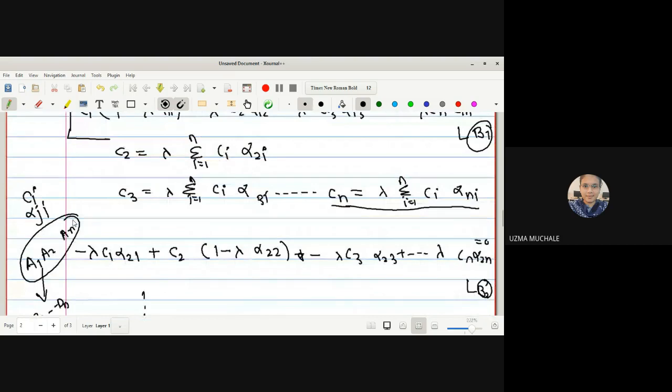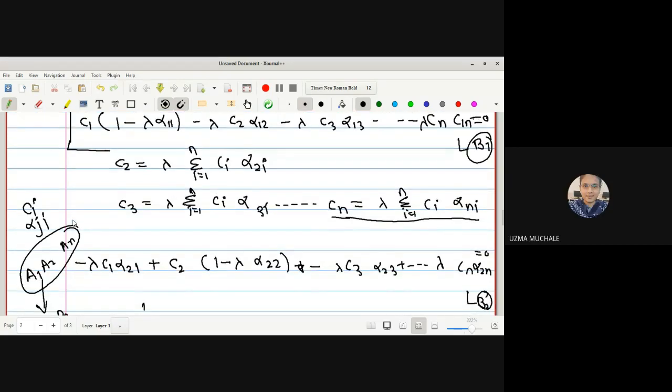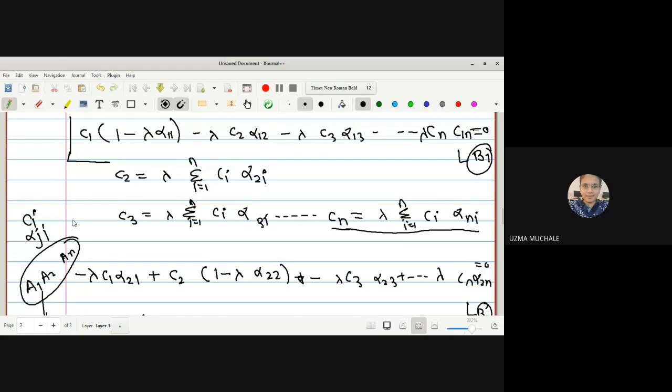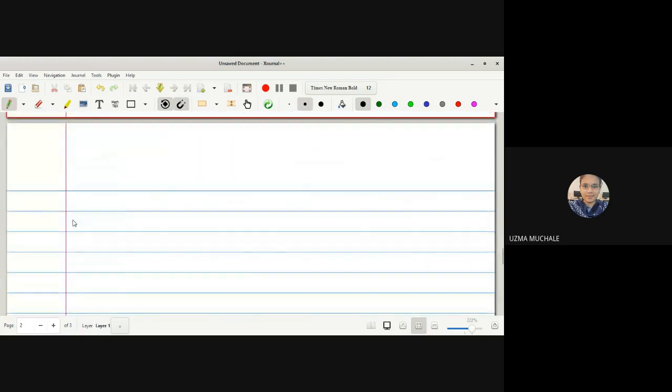Do you remember the coefficient matrix from the differential equation paper? Yes, ma'am. We are solving for lambda, right? And these equations, whatever a1, a2 up to an, we have converted into the form of b1, b2 up to bn. Now we have to solve all these equations for the values of c1, c2 up to cn, right? So for that, we have written this D lambda. Now, if you remember, I have told you many times in the differential equation paper, we have two cases: D lambda not equal to 0, and D lambda equal to 0.